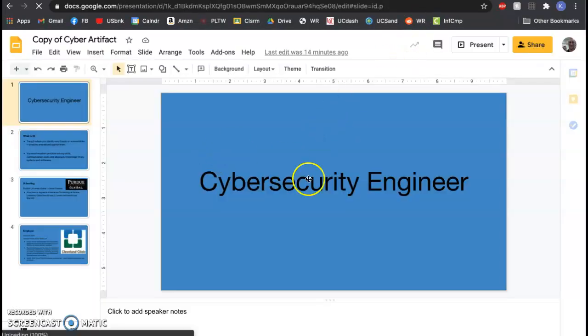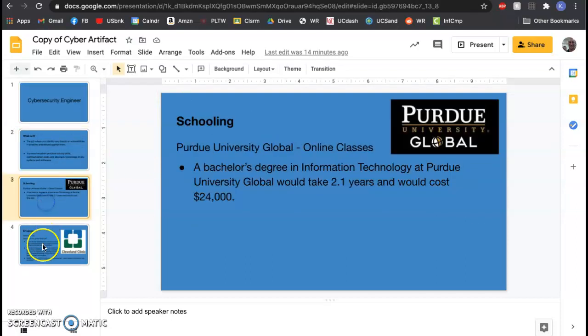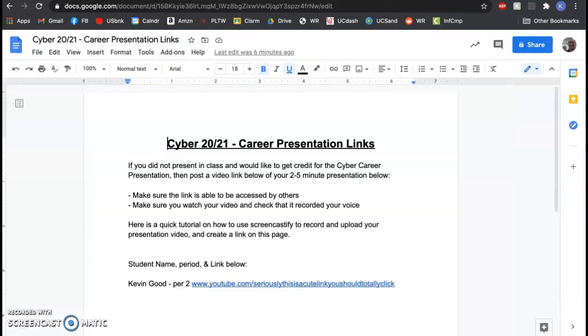Okay, so if you are wanting to do your presentation, you probably have to leave it on this screen and not make it the big screen. So hopefully you have a font that's readable. So you'll go through here and do your presentation, but you got to record it because on this sheet you need to make sure you have a shareable link,